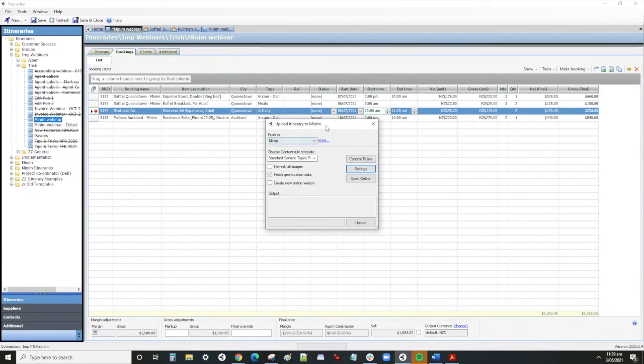Right, a few extra little things about the upload itinerary to Minim screen. Refresh all images. When this option is ticked, all images will be refreshed, even if they have already been uploaded. Just untick it if you would like to not refresh your images. Fetch geolocation data. This should always be ticked so that it plots the right place on the map for accommodation